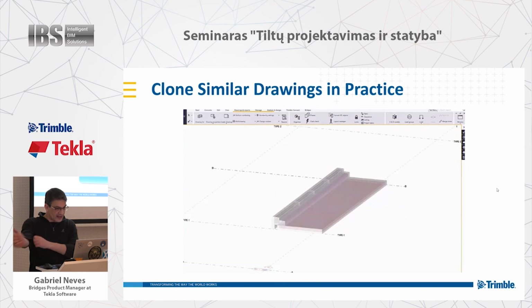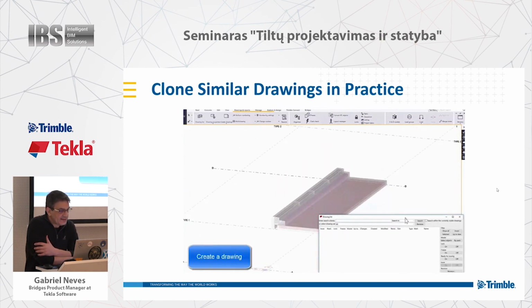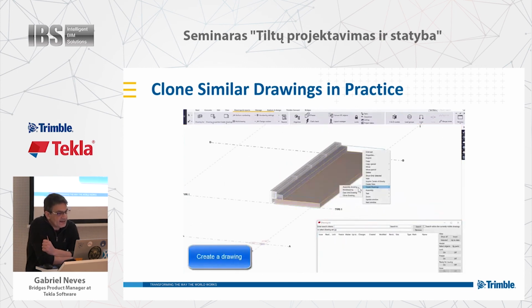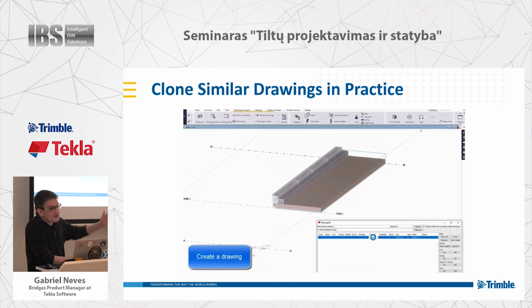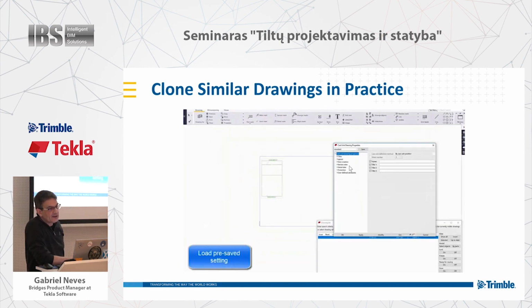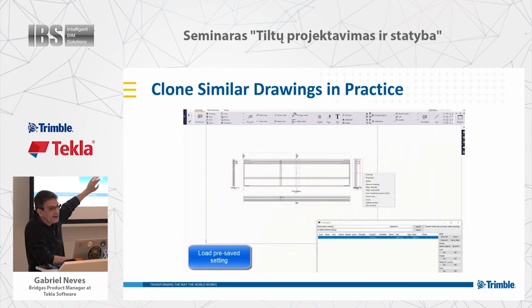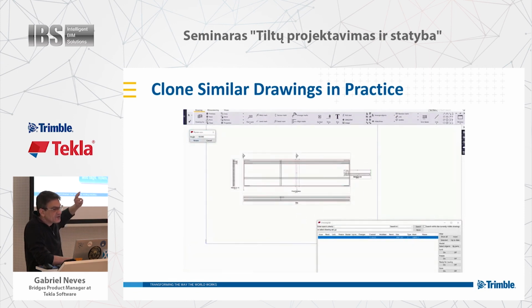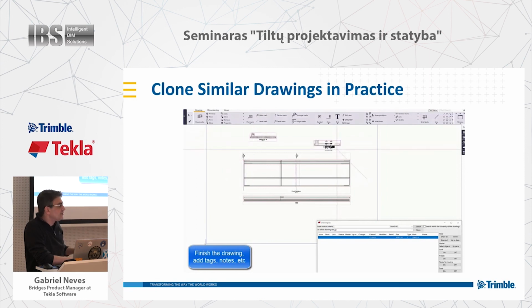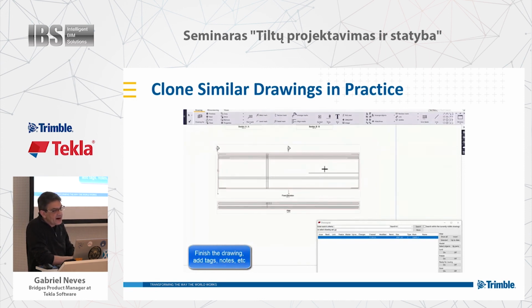So we have the approach slab cast unit. I create a drawing. I'm not worried about the settings. And that is an intelligent drawing with no settings. Now I load my settings. And this is what I have as a one-click drawing. A plan with the title, 2 sections, elevation, with the bars in the middle of the group. Now I place the bars in a way that we can easily read the drawing, and then I'm going to